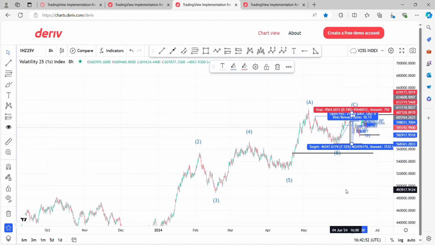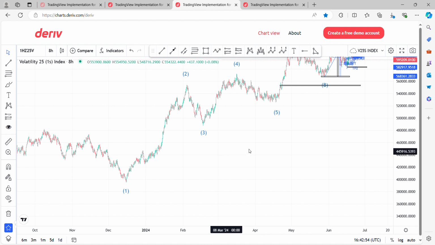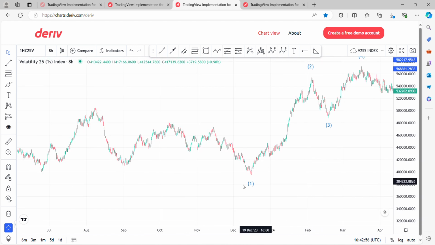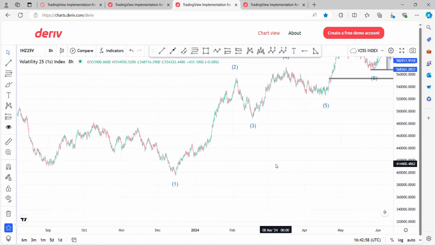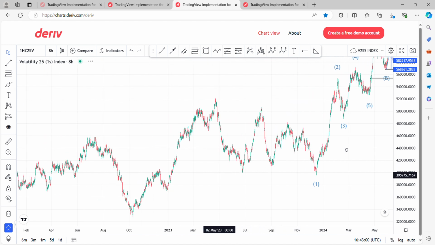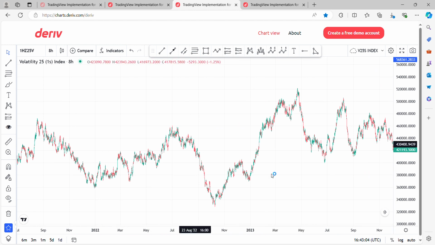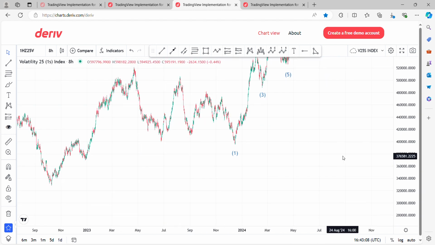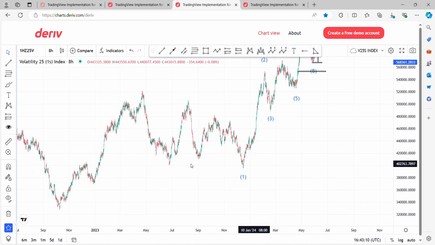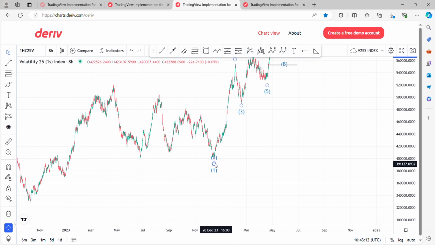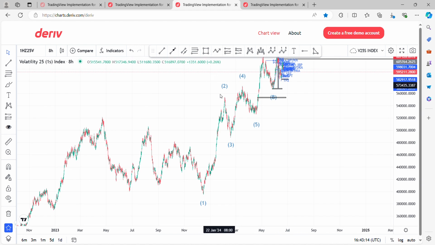So what happened to this one? It's the same thing. It has been buying for a very, very long time. Let's say we have our first wave here, but that has been buying for a very long time. But this is a structure, the whole of what you can see is a structure. So now it has been buying: first wave here, second wave here, the third wave here, the fourth wave here, the fifth wave.